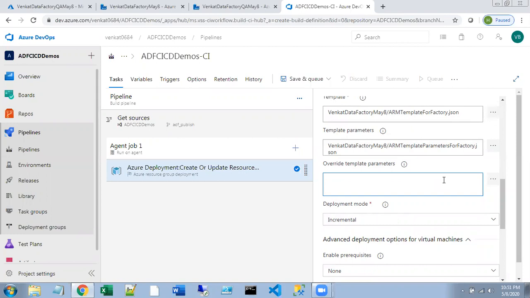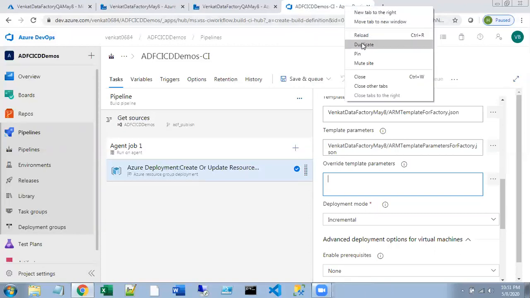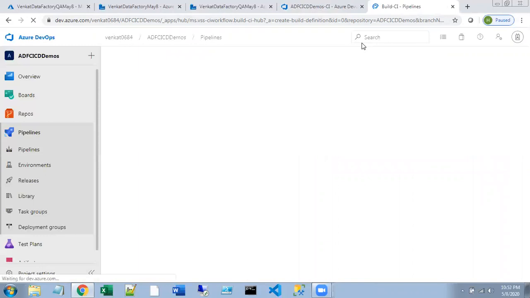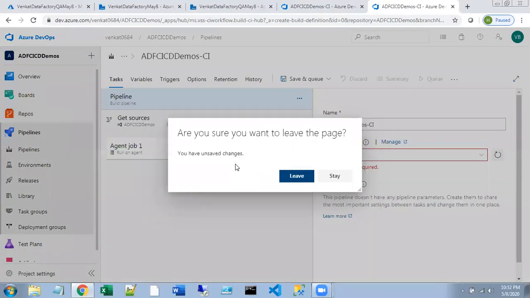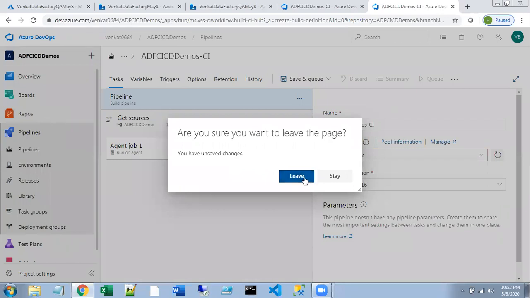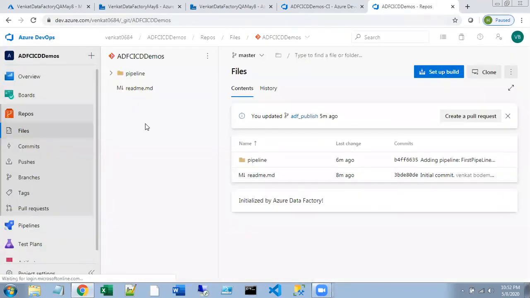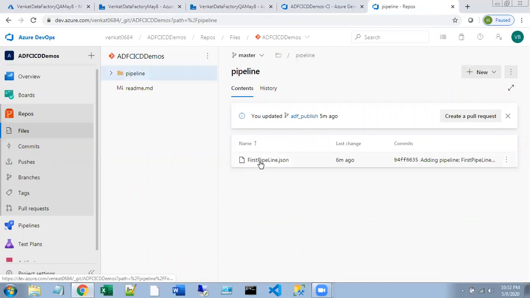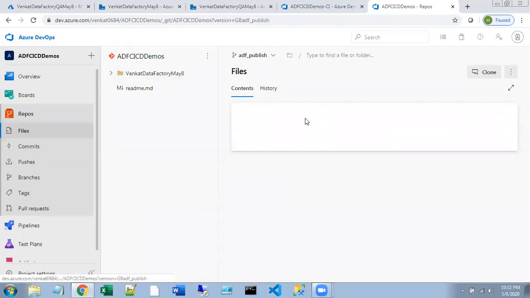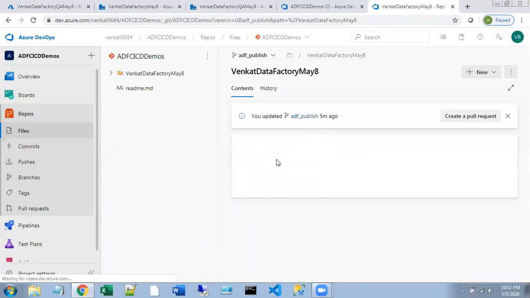Once you're done with that, here is the place you have to mention your values. You have to mention values for the parameters that you have in this JSON file. So I'll just duplicate this tab. If I go to my repos here, let's go to this branch, this data factory.